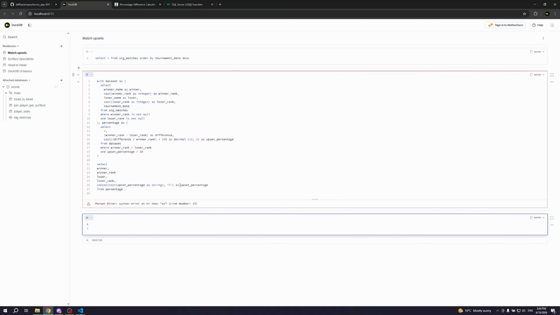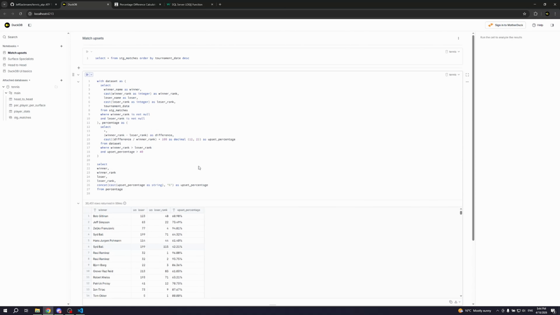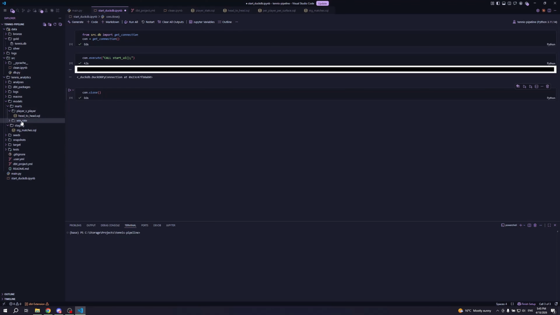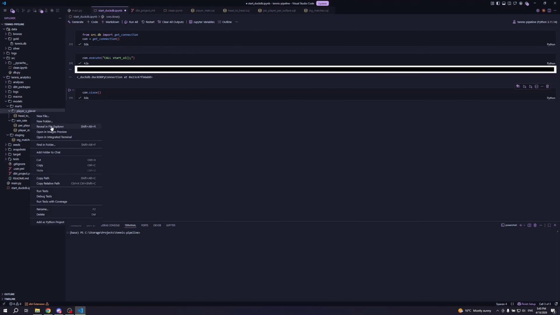Which line? 15. What is wrong here? Is it that? Yeah, I think it's that. Okay, got it. Above 40. That looks nice. I guess I can take that inside of a player versus player. Yeah, I think that's going to work out fine. Upset